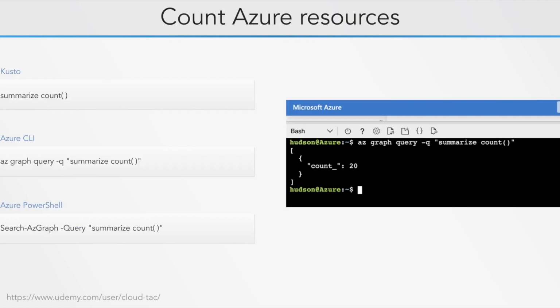The count operator returns the number of records in the input record set. This query returns the number of Azure resources that exist in the subscriptions that you have access to. It's also a good query to validate that your shell of choice has the appropriate Azure Resource Graph components installed